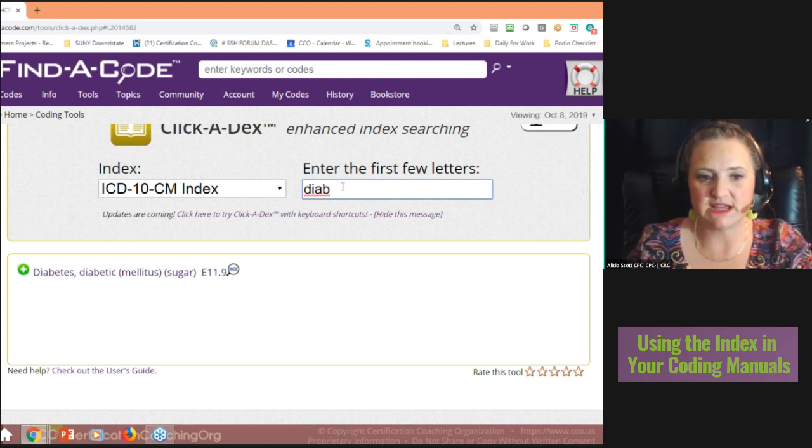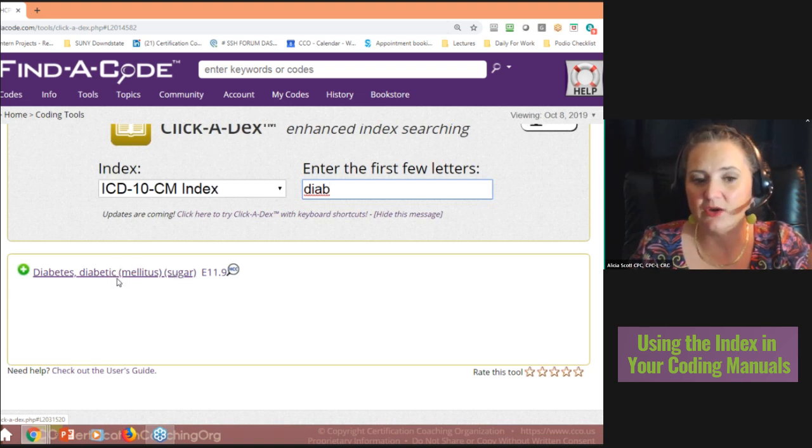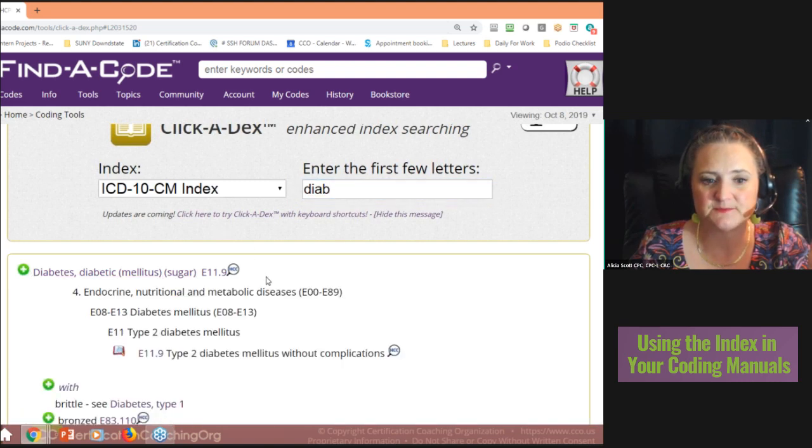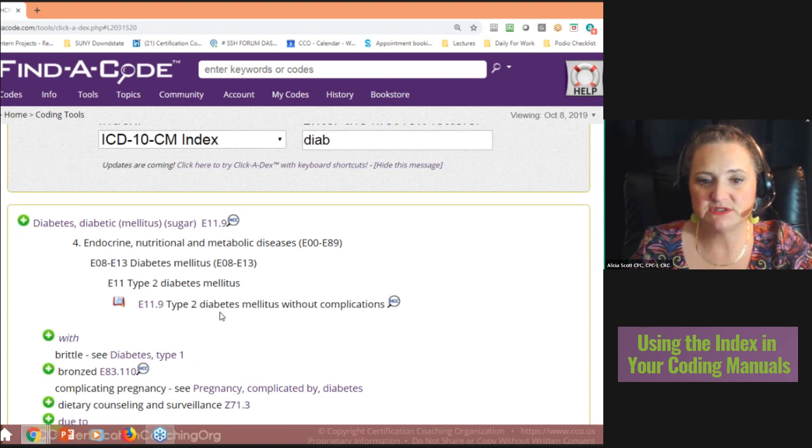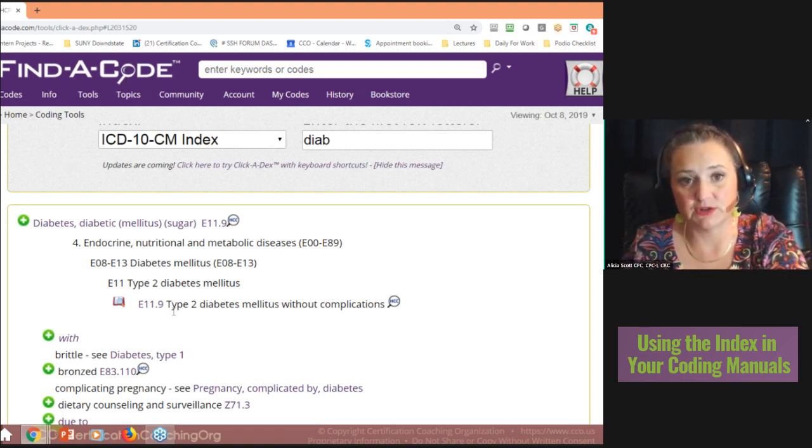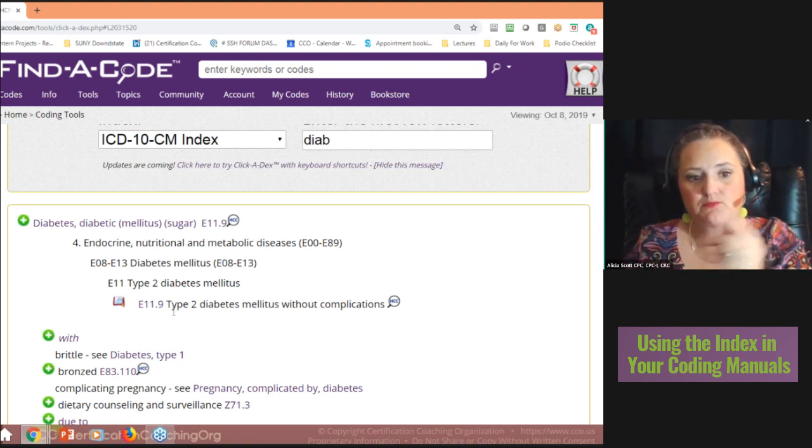So for diabetes mellitus, it says diabetes, diabetic, mellitus, sugar. In the index, whenever you see anything in parentheses, it means that it's applicable to what you're reading. Let's just expand this. If it's type 2 diabetes mellitus without complications, it's going to be E11.9, and that's where we're going to go look up in the tabular. However,